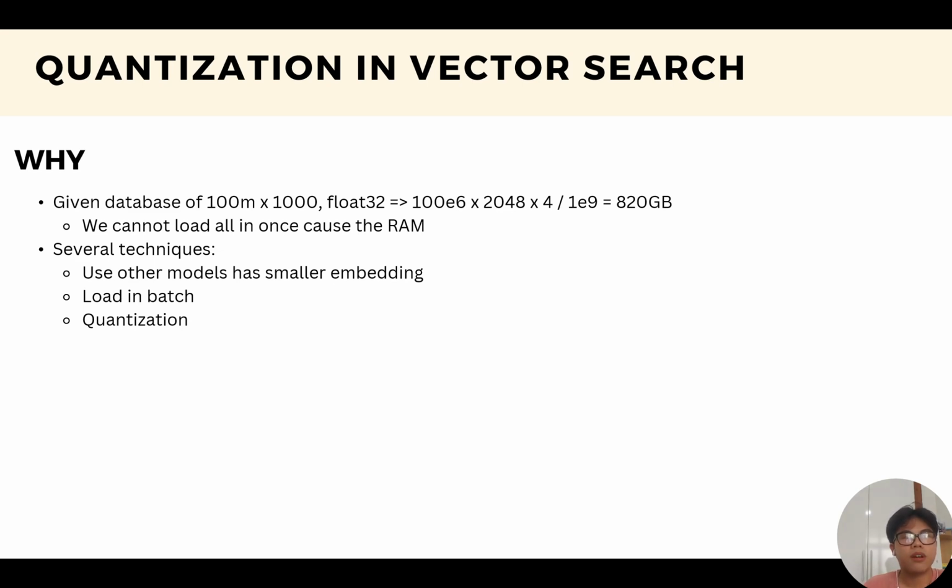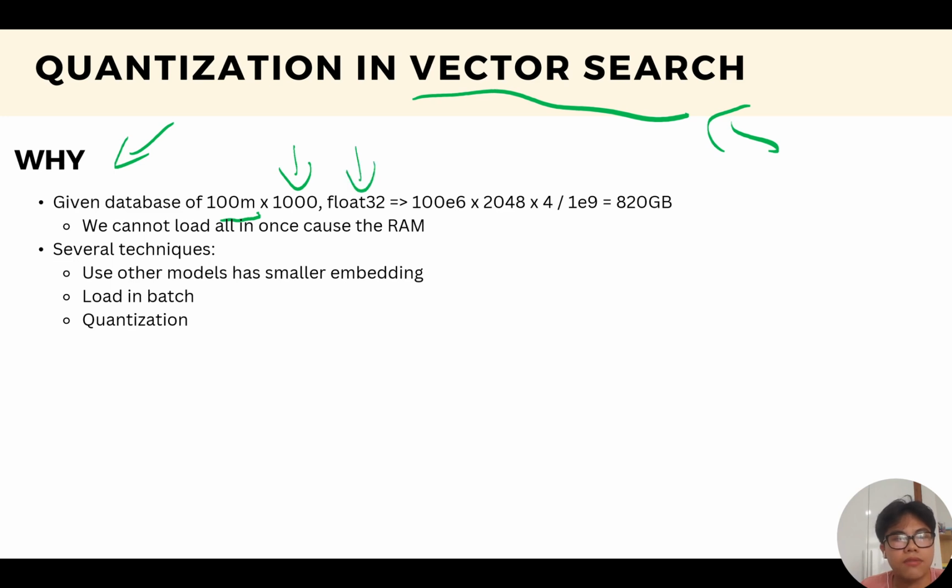In this part I'm going to talk about quantization in vector search. It's a really important concept, and almost every search system or search engine applies it. So let's talk about the why. Given a database of 100 million data points, where each vector has a dimension of 1000 and the data type is float32, for the storage we need to store